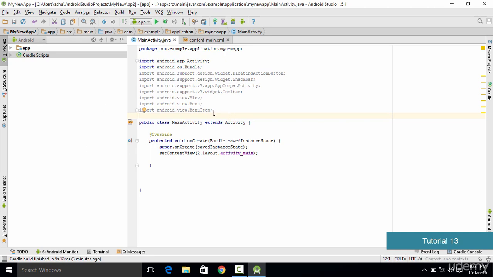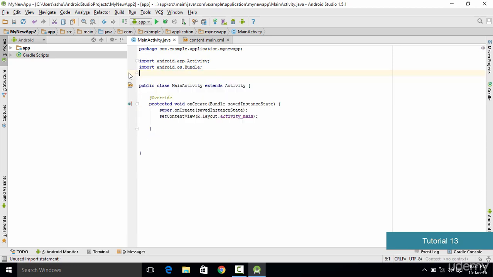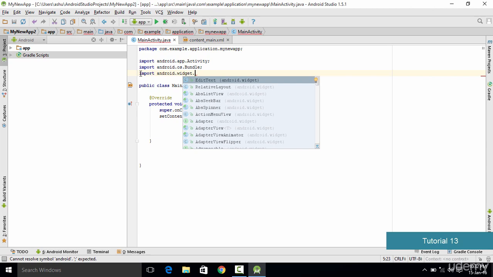So now one more thing which we want to do is that we need to remove these imports as well, because they don't make any sense as we'll not be using them right now. So make sure you delete that, and it is just going to clean up your code. So we'll be only dealing with those methods or those codes which we are going to use. Now the next thing which we want to do is that we want to import the layout. So in order to import the layout, we go here and type import android.widget, as the layout is present in the widget package.